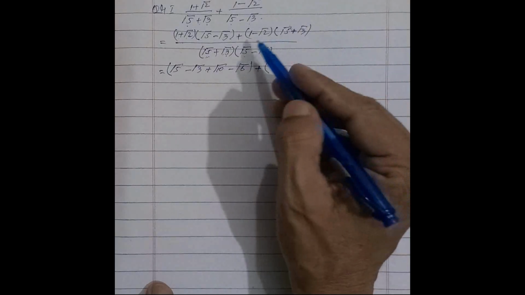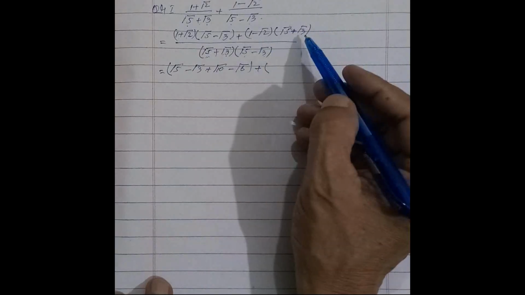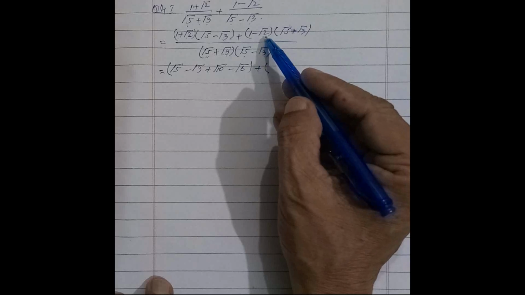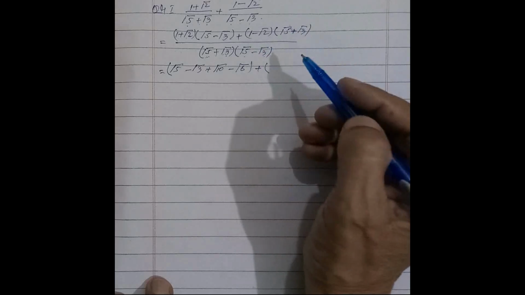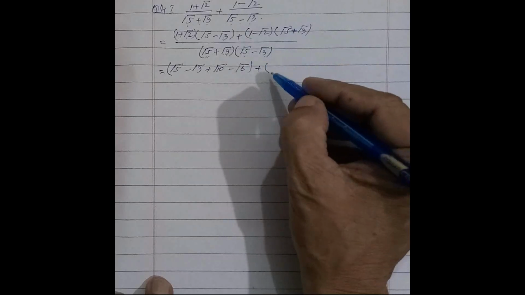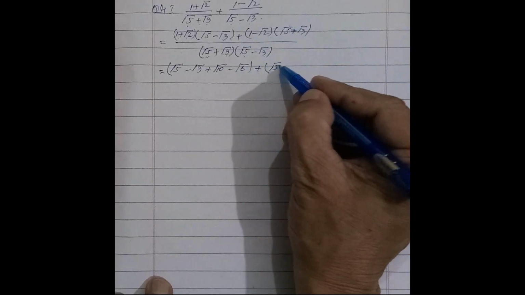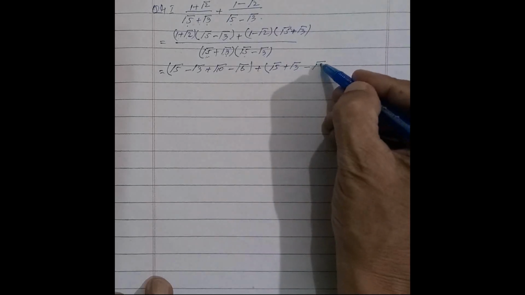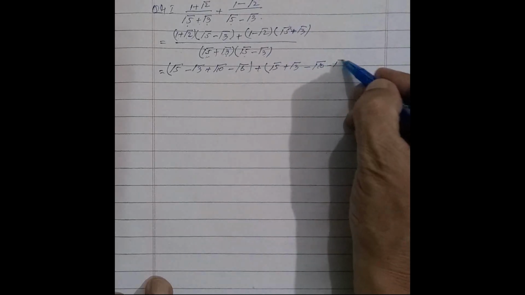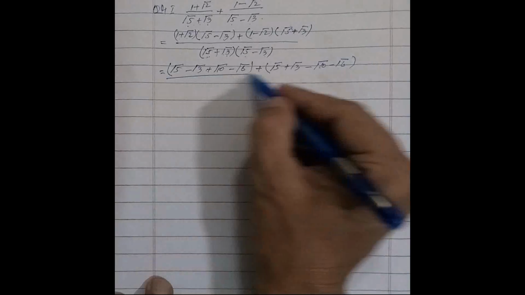Plus, in the same way we multiply these two values, 1 minus square root 2 with square root 5 plus square root 3. First we multiply 1 by the bracket, we have square root 5 plus square root 3 minus square root 10 minus square root 6, over